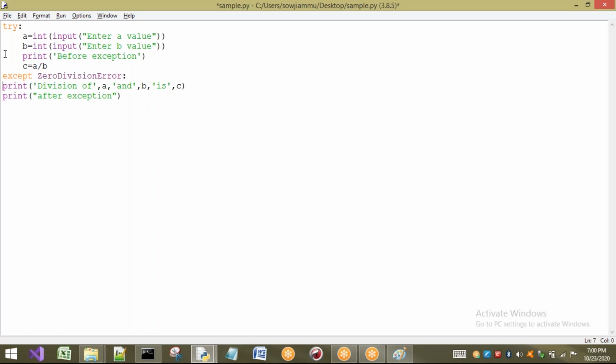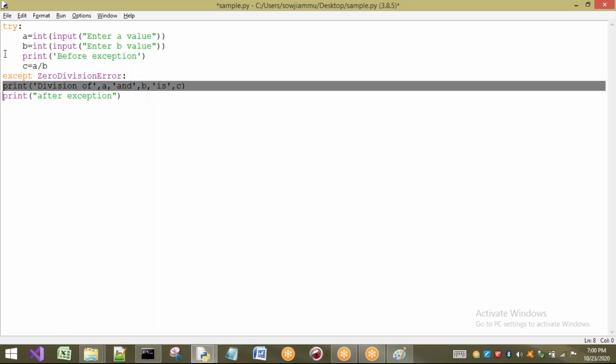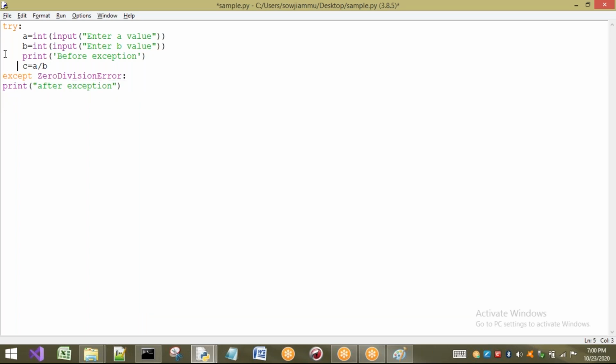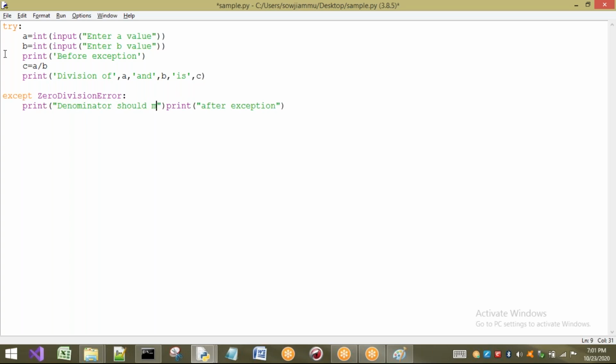If it is a zero division error, it will come here, and what is it going to do? Here I have to write some handling technique. What is that handling technique? For example, I am going to write print, denominator should not be 0.